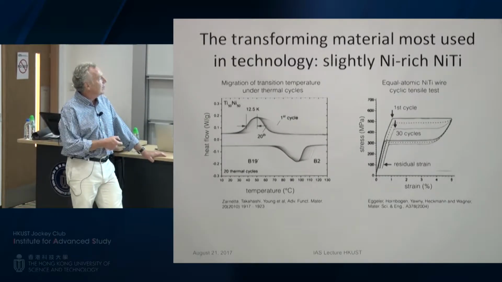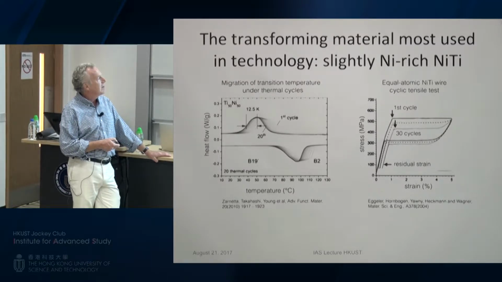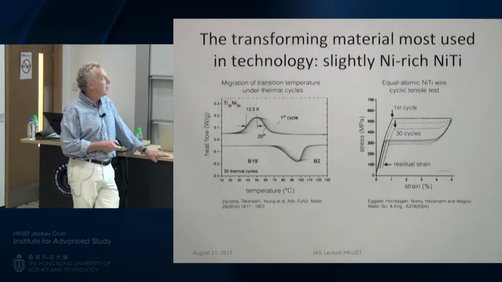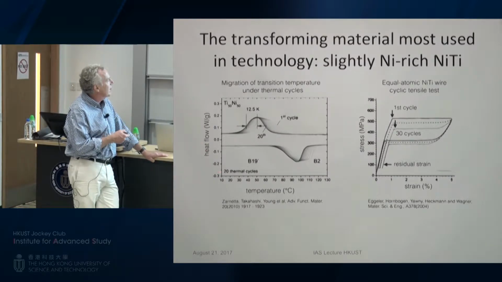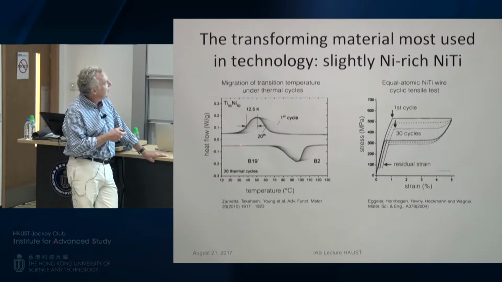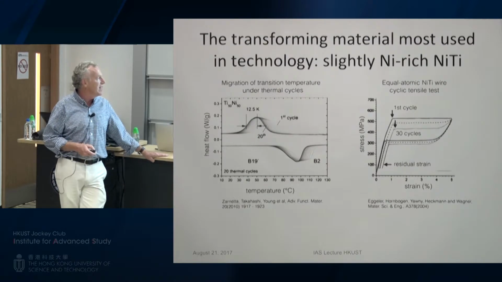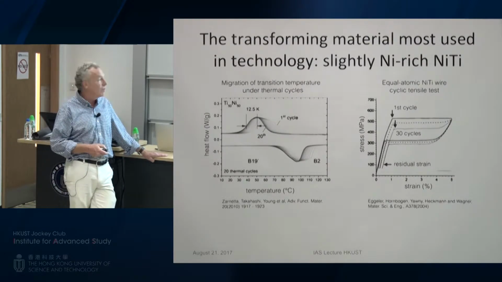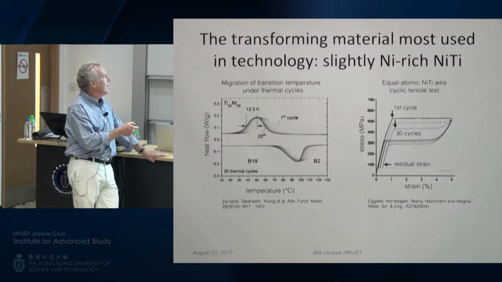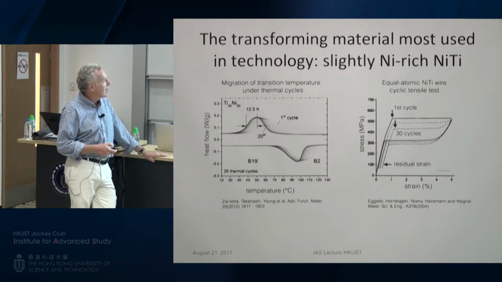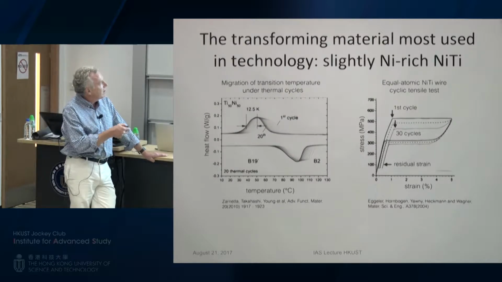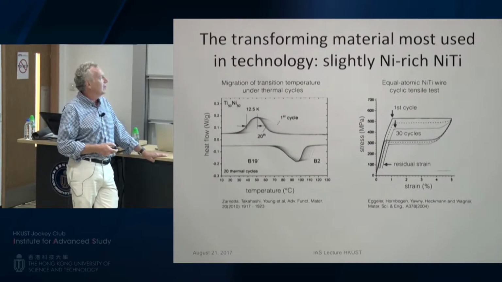In these graphs, you can see measures of the reversibility of the phase transformation. This is calorimetry, heat flow versus temperature. You can see that this material transforms at a different temperature on heating than it does on cooling. In fact, since this is calorimetry, the area under here is representative of the latent heat of phase transformation, which is released on heating and absorbed on cooling. The fact that there are two different transformation temperatures is an indication of